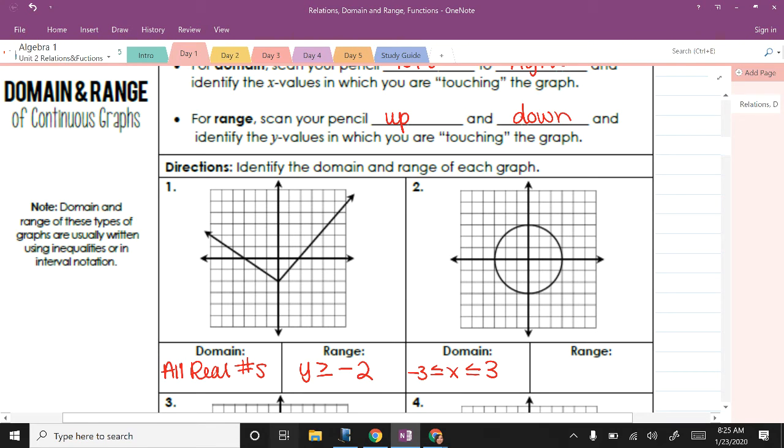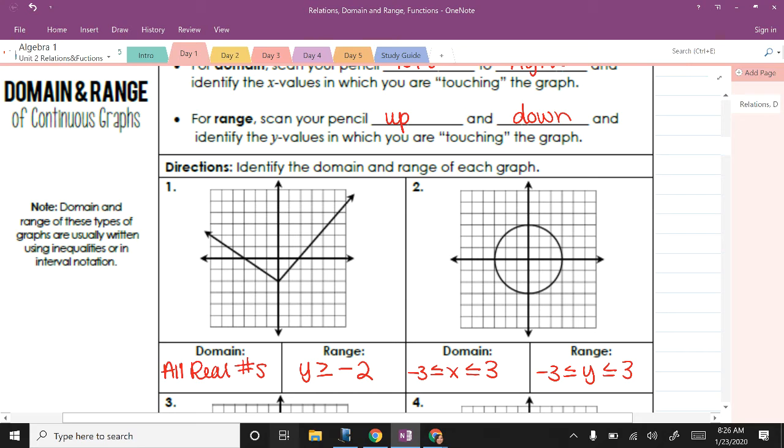Okay, so for the range, the Y values are between this spot and this spot. Do y'all agree? Going up and down. What's this number? And this number is +3. And range are what values? Y value. So the range is -3 is less than or equal to Y is less than or equal to